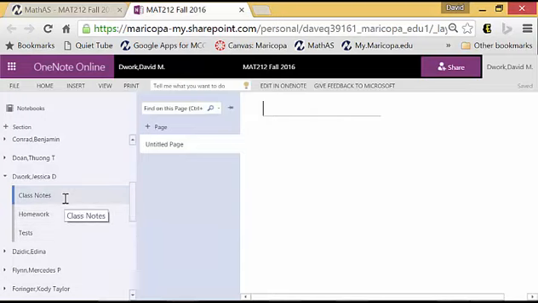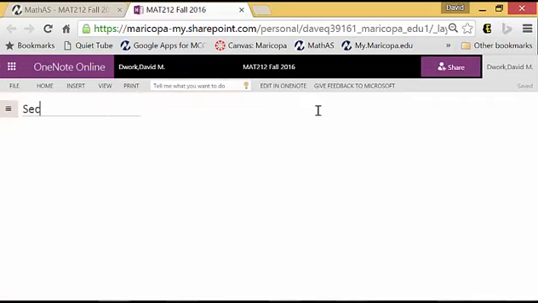So during the class, you're going to be expected to upload class notes. You're going to be expected to upload work from tests, and your homework will be uploaded only when you have questions. So if you need help with a problem, you're going to go here. So each one of these, think of them as separate little notebooks. So in the class notebooks, I can include pages, and then in here is my page. So what I'm going to do here, for example, let me say I have a homework question. So I'm going to click in my homework book. Now I'm going to say this is section